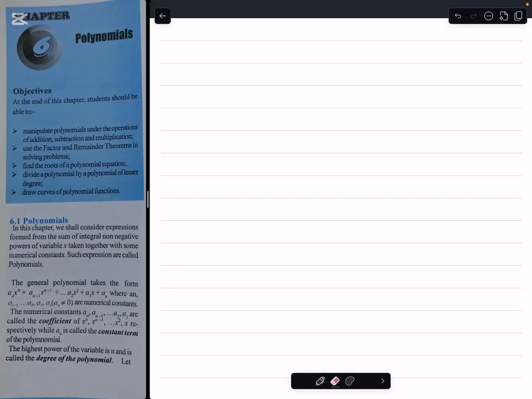The topic is polynomials. These are examples of polynomials. I can say x plus 1, or x squared plus 5x minus 7, or even 3x raised to power 4 minus 7x cubed plus 2x squared